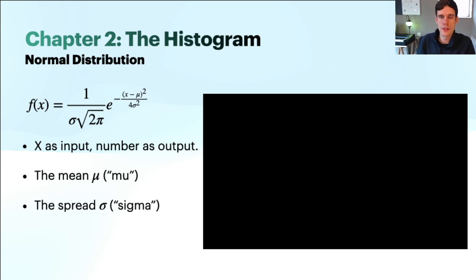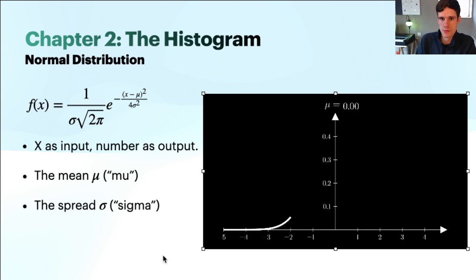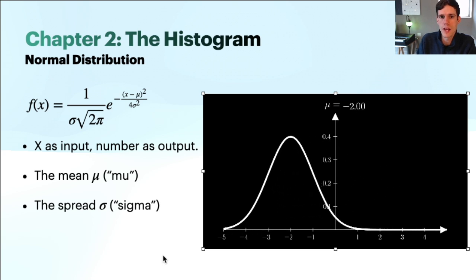And in fact, for the normal distribution, there are two numbers or parameters that change the shape of the distribution. The first one is the average or the mean, represented by this Greek letter mu, which comes back in the numerator of our exponent. And now to see how this parameter changes the shape of our distribution, I made an animation where I draw a normal distribution and only change this parameter, this mu representing the average. So let's see. So I draw this normal distribution and observe that changing mu only shifts the entire distribution over